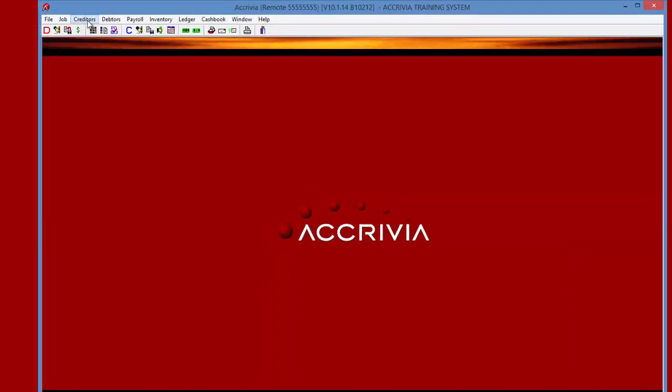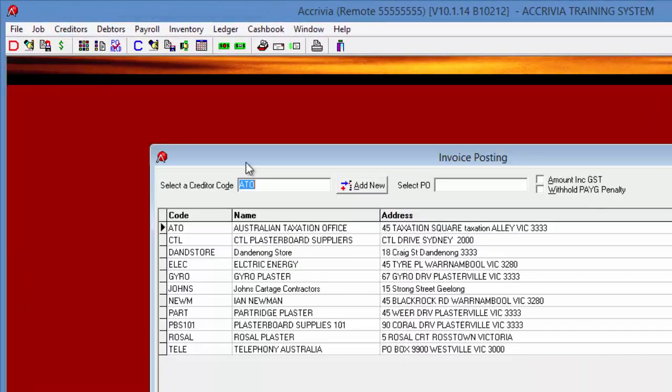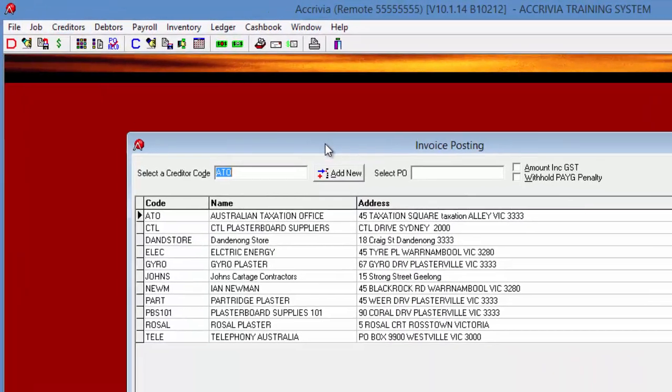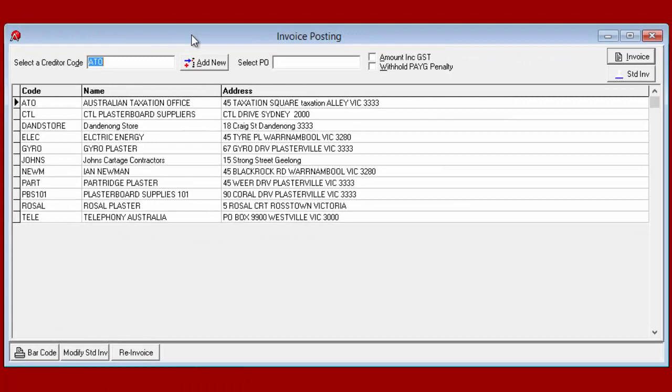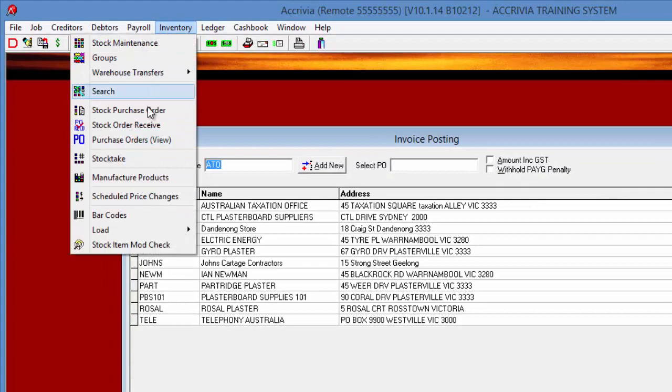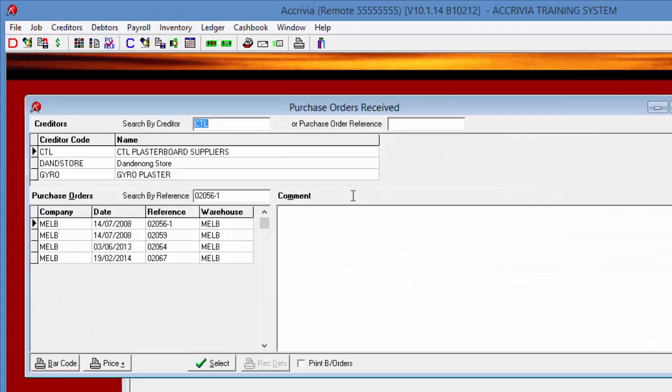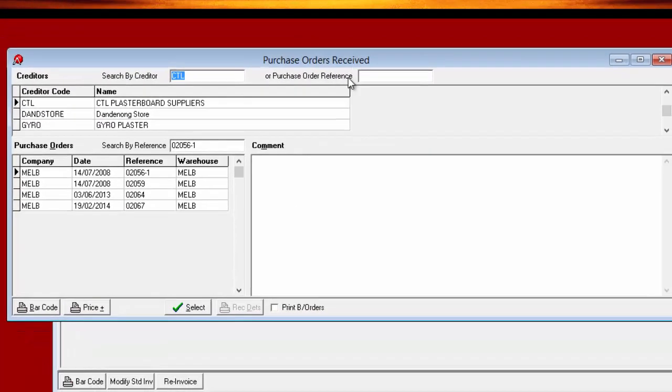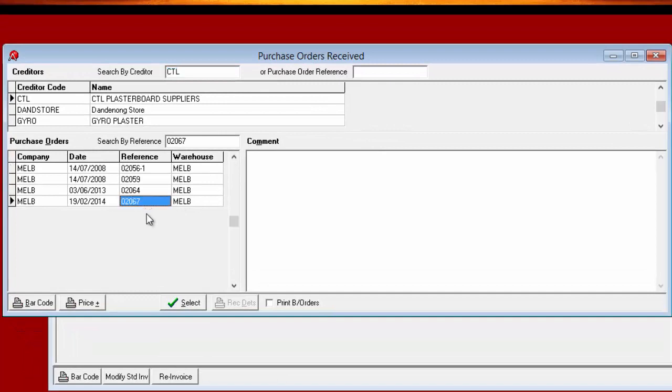In this training video, we're going to cover the credit request because the supply of that material on the purchase order was either overpriced or quantities were missing. So as we have some continuity with the invoice that we're about to post, I'm going to go in and perform the receive process on the purchase order